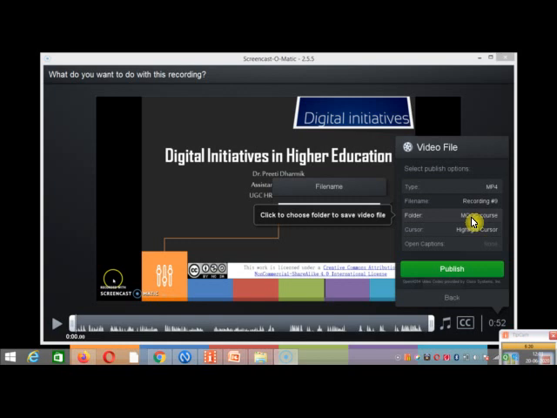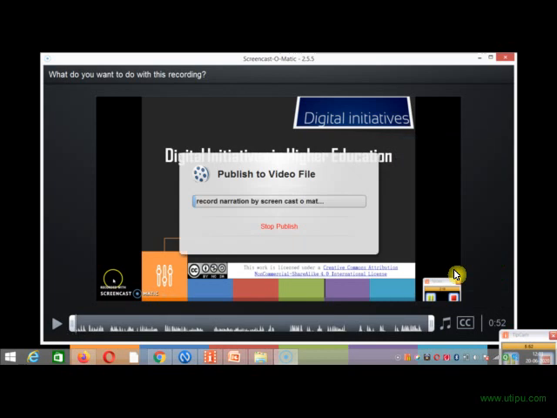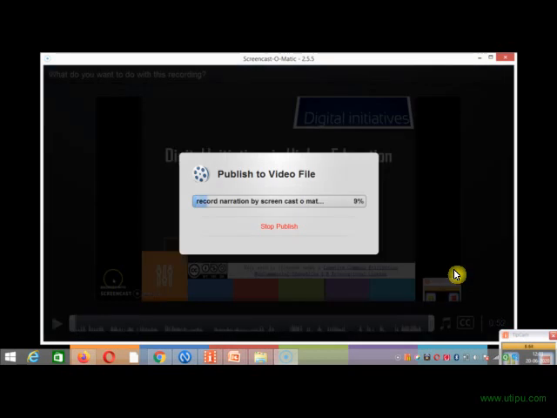Then in which folder you want to save this? Right now it is in MOOC course folder, which I am having on my desktop. So there this file will be saved. And finally you have to remember, you have to click on this publish button, otherwise it will not get saved. So this publish is important. I am clicking on this publish.